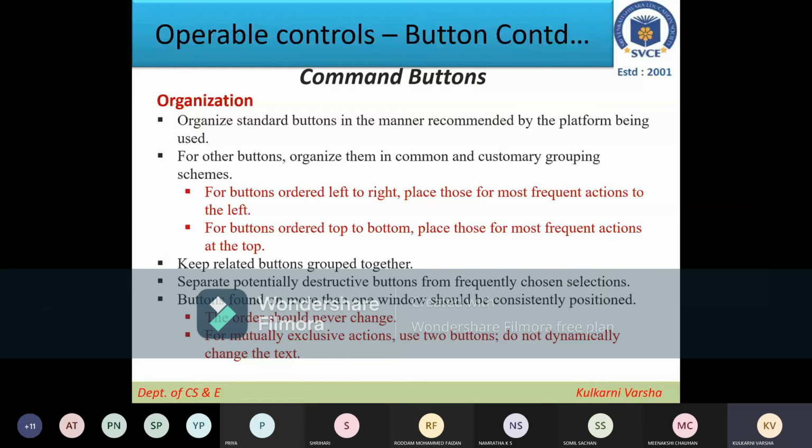Okay, so next is with respect to organization. Regarding organization of the command buttons: organize standard buttons in the manner recommended by the platform being used. For other buttons, organize them in a common and customary grouping scheme. For example, for buttons ordered left to right, place those for more frequent actions to the left. For buttons ordered top to bottom, place those for more frequent actions at the top. So these two things actually